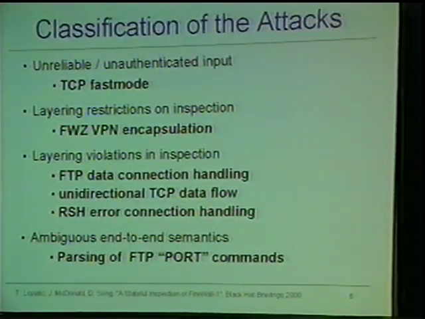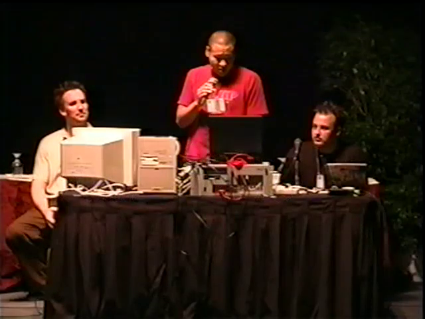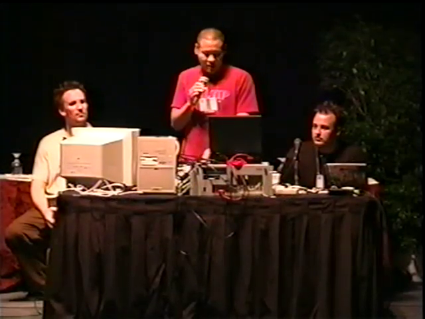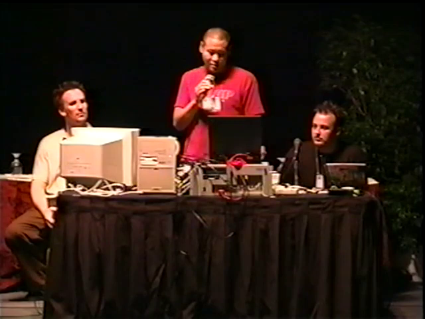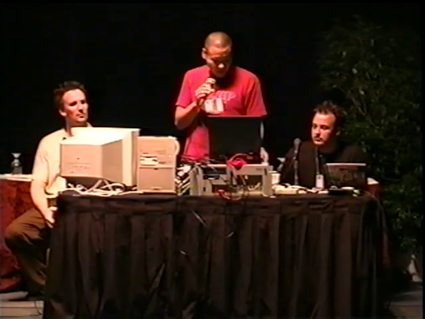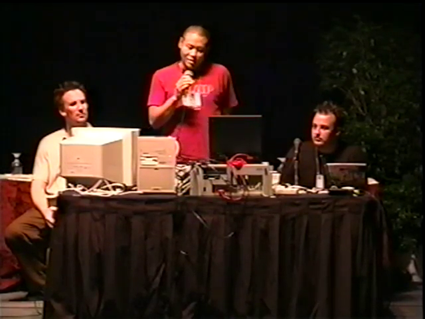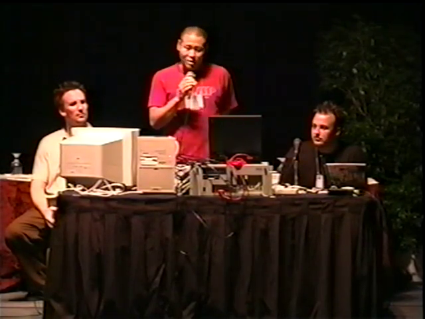So in general, this is the classification of the attacks that we're presenting. We have found an attack against TCP fast mode, which isn't used much anymore, I think, by most people, but allows you to do certain things, mostly just port scanning. Layering restrictions on inspection: this is the class of attacks dealing with FWZ encapsulation. Layering violations in inspection: FTP data connection handling, unidirectional TCP data flow, and RSH connection handling are 3 examples that we found. There are probably many others because of the